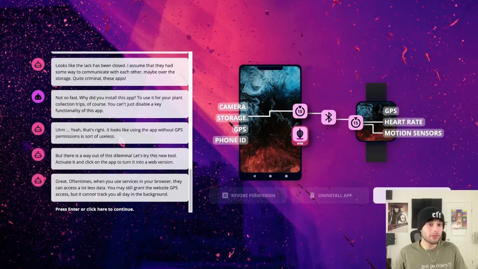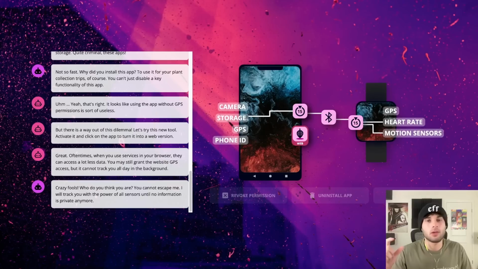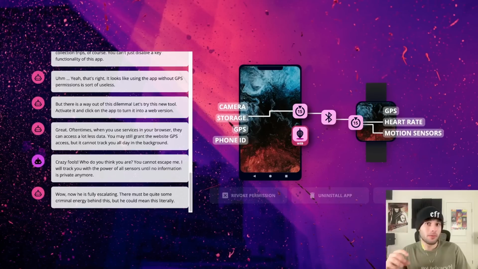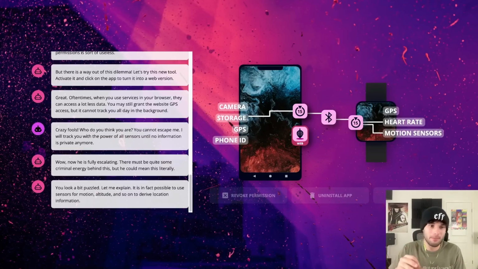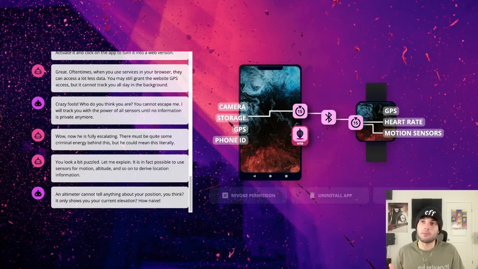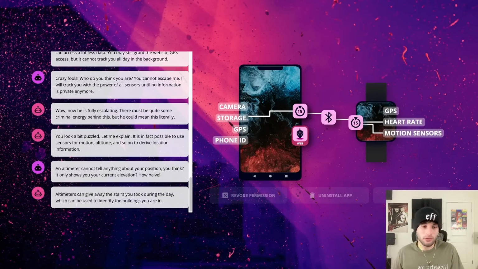Okay, when you use services in your browser, they can access a lot less data. You may still grant the website GPS access, but it cannot track you all day in the background. This is true. The reason why I like web apps, one, you almost get double permission management because your browser has to go through the permission management on your operating system, but lots of browsers also have their own permission management. So you can actually disable permissions on a per site basis. And then you can also configure things to be more private and secure on certain websites depending on the browser you're using. On top of that, I trust a browser that's being universally developed for endless threat models and endless uses, and it's being watched over by thousands of eyeballs, to have a stronger security model on a phone than